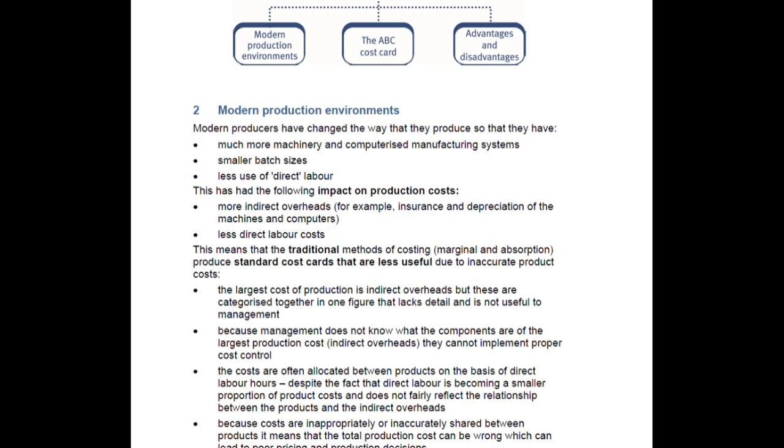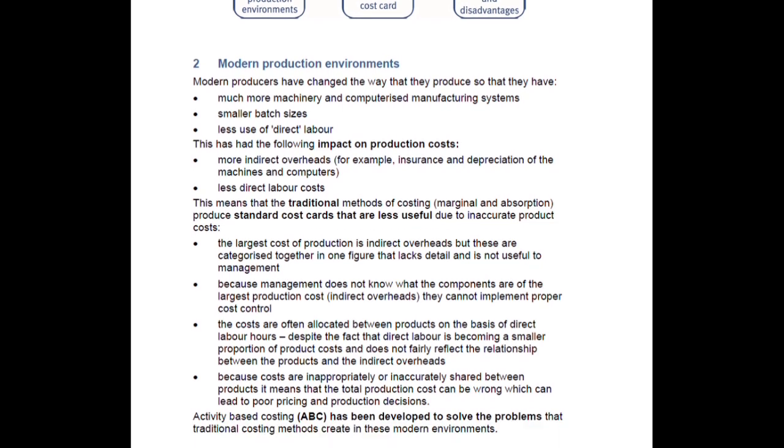apply ABC. This means that the traditional method of costing produce standard costs that are less useful due to the inaccurate product cost. The larger cost of production is indirect overheads, but these are characterized together in one figure that lacks detail and is not useful to management. Because management does not know what the components are of the largest production cost, they cannot implement the proper cost of control. As we will see in traditional method of costing, most of the, whether it is direct or indirect